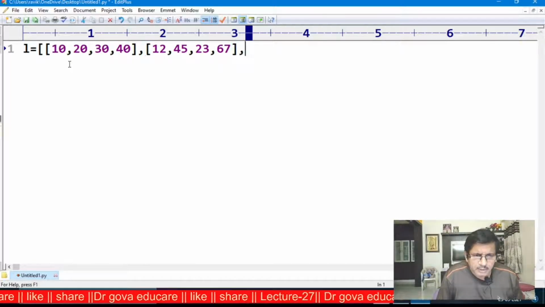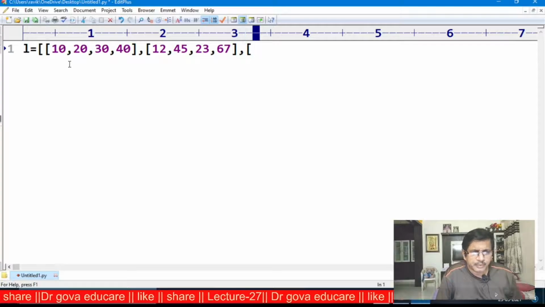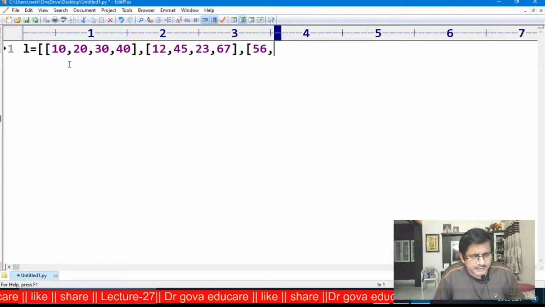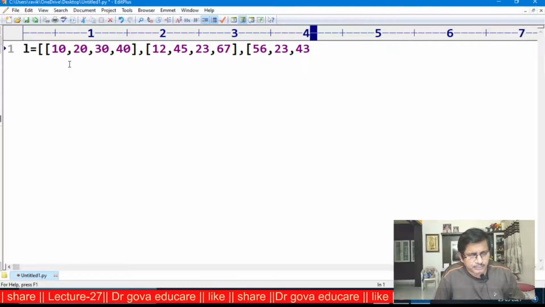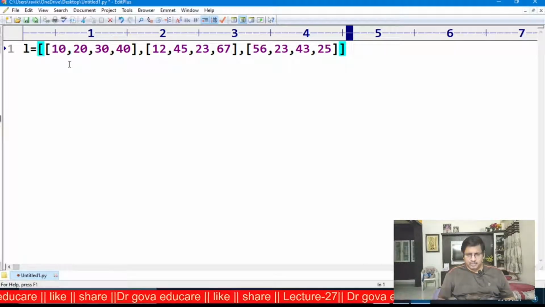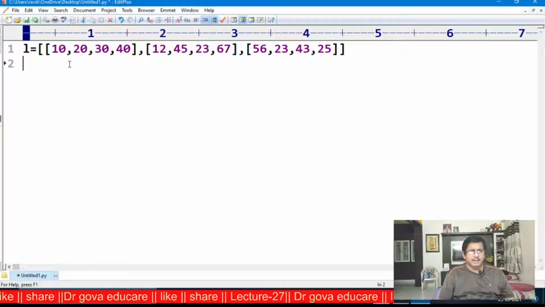Now in the third row, each row contains the same number of columns. Now some 56, 23, 43, 25. Now this is the list. Now first I want to display the first row, second row, third row.